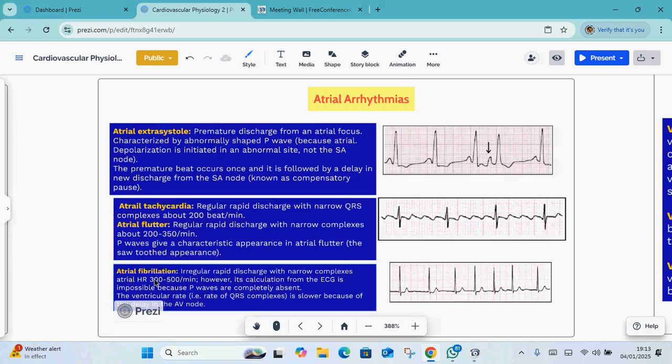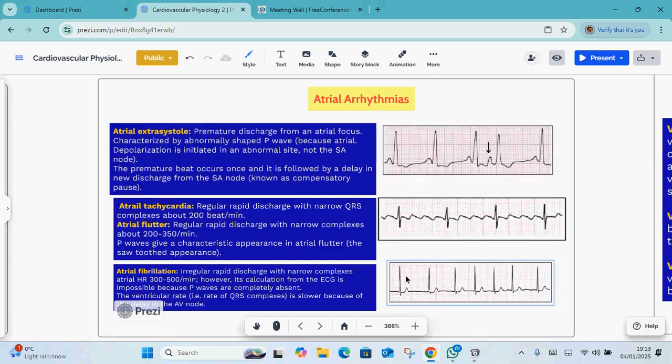When the atrial rate goes above 300, but it's not seesaw, this is called atrial fibrillation. And in atrial fibrillation, or AF, this is very important, 1% of people have AF. In AF, the atrial rate is very high, but more importantly, the ventricular rate is also fast and irregular. If you see the distance between R and R here,